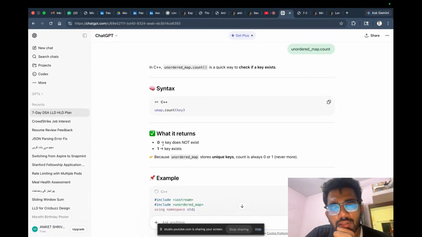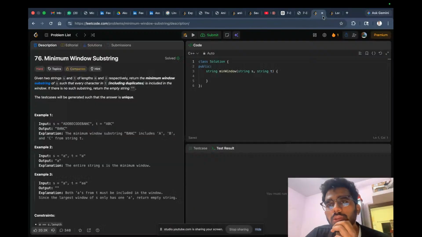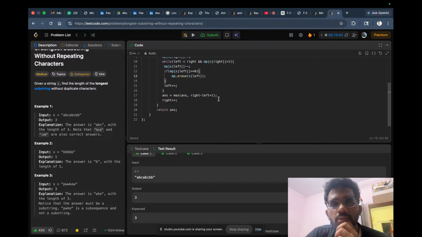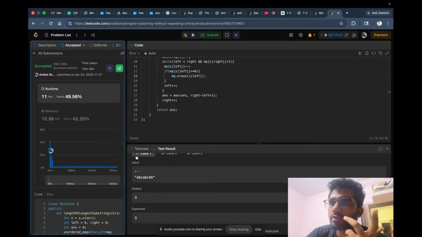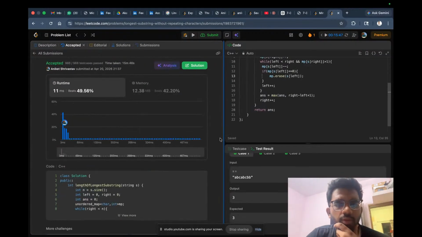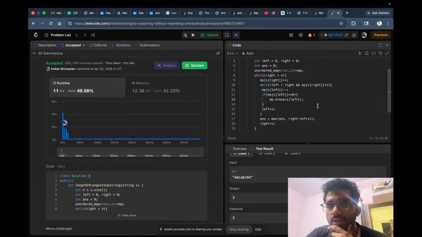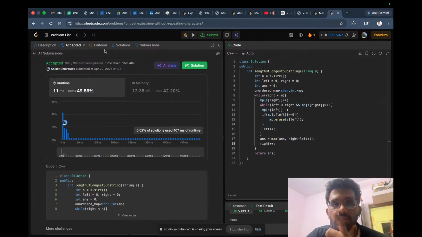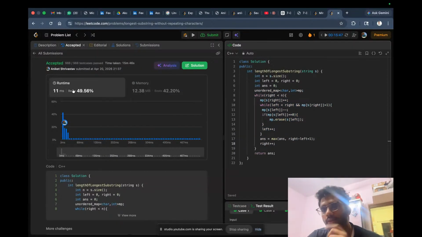अच्छा, ये सिर्फ चेक करता है कि भाई key exist करती है कि नहीं करती है। तो अगर 0 आ रहा है तो मतलब कि exist नहीं करती, 1 आ रहा है तो मतलब कि exist करती है, ठीक है। I think I am confident with this solution, let's try to submit this, देखते हैं क्या होता है। अरे वाह, ये तो एक्सेप्ट हो गया। तो yes, we have solved this problem, we can understand the intuition well while looking at the code। सारे टेस्ट केसेस पास हैं। एक बार एडिटोरियल देख लेते हैं, क्योंकि हमारा जो रन टाइम है 49.56 है, तो I think it can be improved। और हमने सवाल 15 मिनट्स में किया हुआ है,